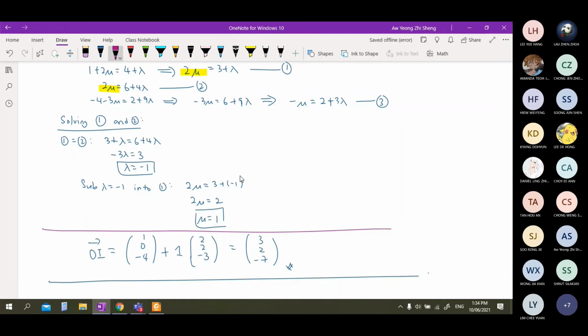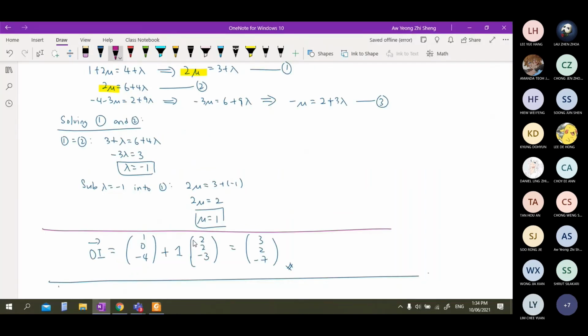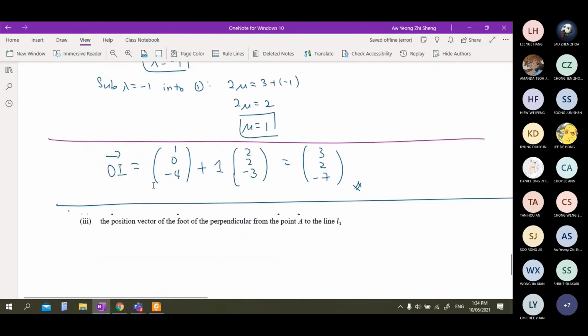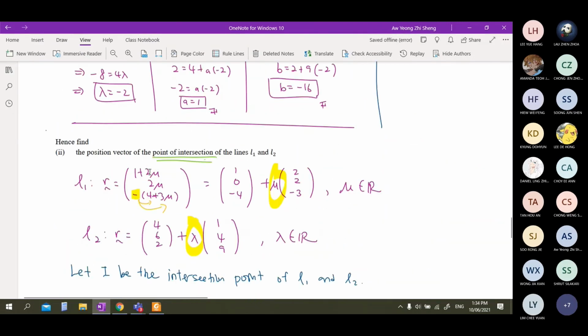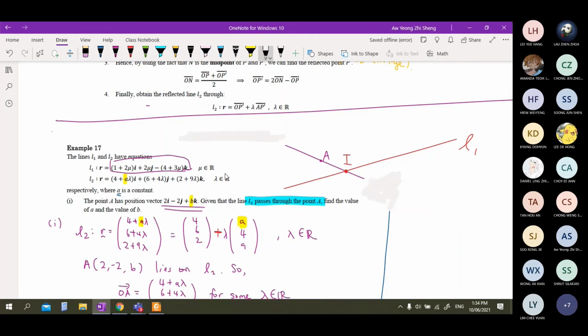Okay, part 3. Find the foot of the perpendicular from A to L1. Foot of perpendicular. You can refer back to the diagram you have earlier. Let me just extend my line L2, make it longer. Now, foot of perpendicular from